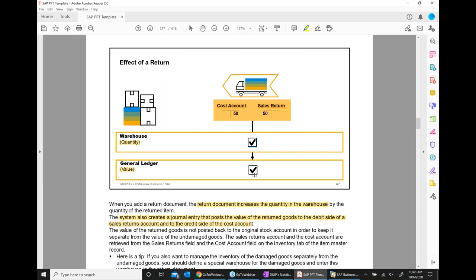When material goes out, quantity reduces, value reduces. When material comes in, quantity increases, value increases. Okay. So if we see that here, there is a return and there is a cost account. So there is some account entry. So these are different points which happen in the system.